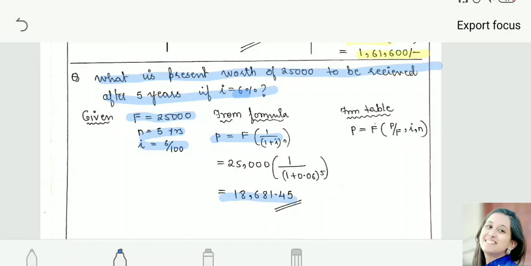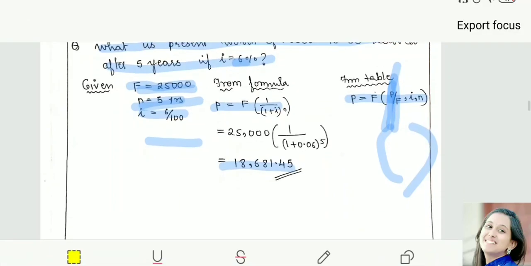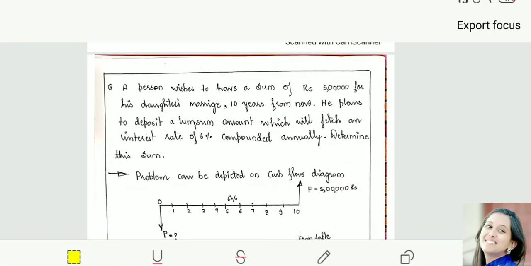Now when you have to check the compound interest table, you will be checking for 6% rate of interest, where n is 5 years, and there you can multiply. You will be checking the second column there, because here the functional notation is given to you as P by F, because you are finding out the present worth of the future amount that is given. Okay, so did you understand? Try and check the value. Okay, we'll see a few more problems.